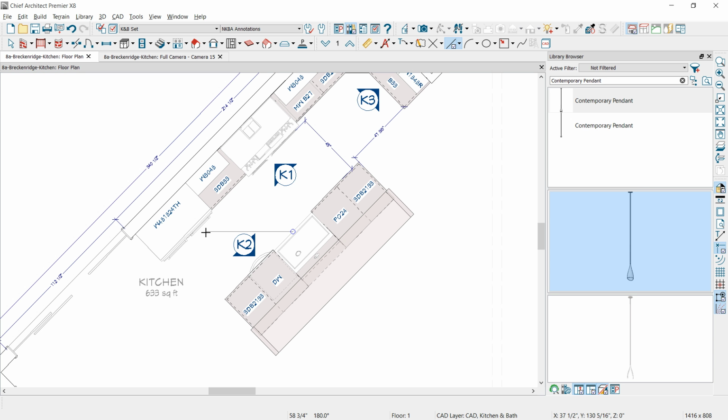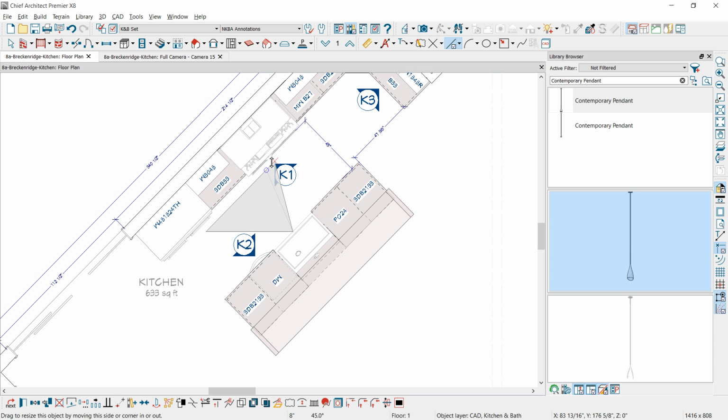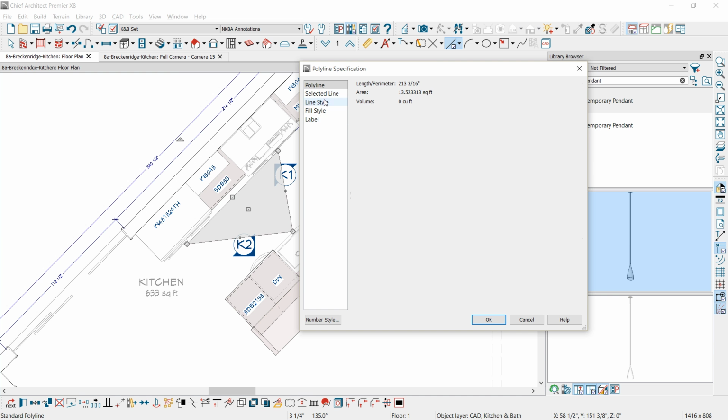I'm just going to come in here, use the line tool, and create a rough approximation of that triangle. I'm not going to get too close to that camera because I don't want to snap on it yet. Once I have the triangle positioned, now I can kind of pull this out to the center line of the cook range and the center line of the refrigerator, and then I'll just pull this back approximately, open up the triangle, and on the line style